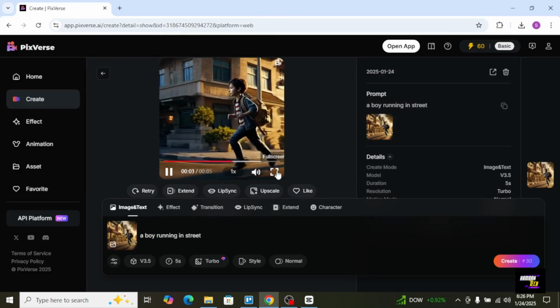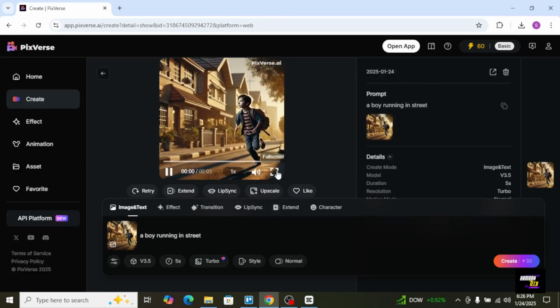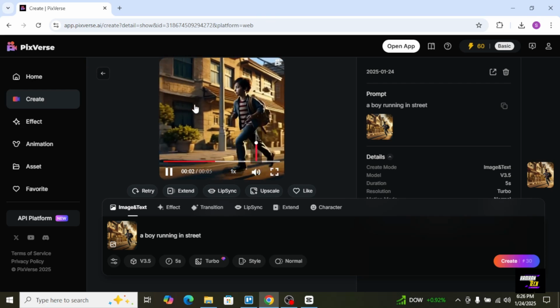So in this way you can generate unlimited images to videos using this software, which is called